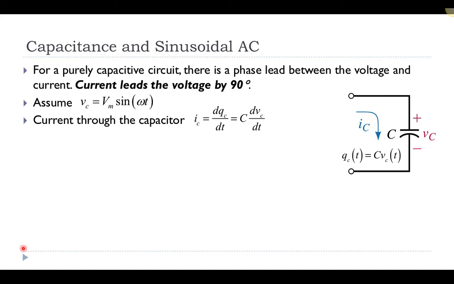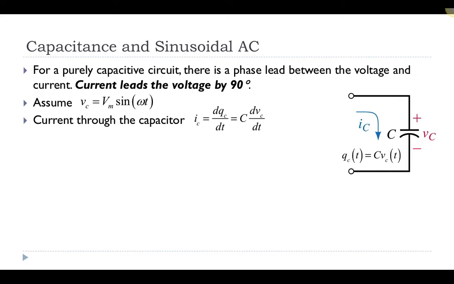And then as time goes on, eventually the capacitor reaches steady state with the DC voltage supply. And at steady state, the voltage has built all the way up so that it has its maximum voltage and the current has dropped down to zero. So if you think about how capacitors work for DC, similar to inductors, it makes sense that the voltage would lag behind the current, or that the current would lead the voltage, because that capacitor is initially uncharged and the current would jump right up to start charging that capacitor, and it takes time for the voltage to build up